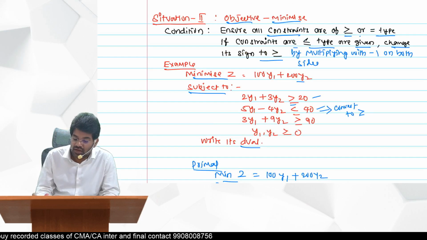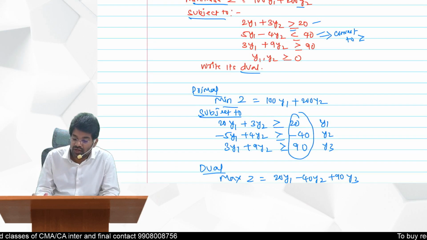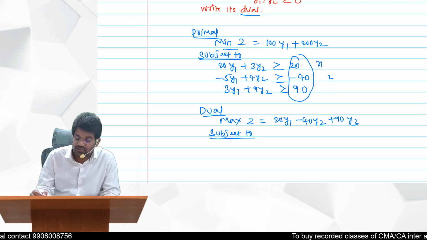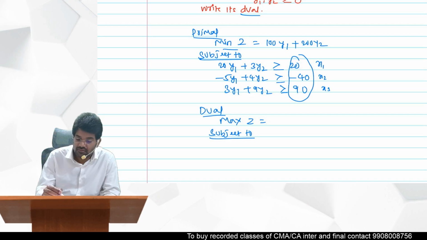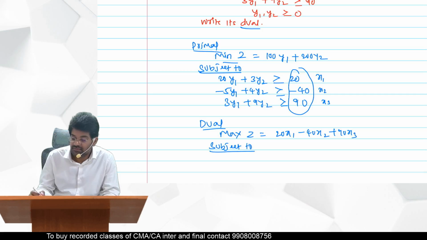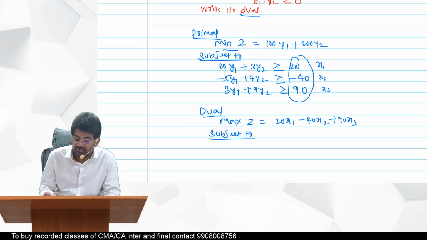See, already you have y1, y2 here. So what we will do is we will use x1, x2, x3: maximize 20x1 minus 40x2 plus 90x3, subject to